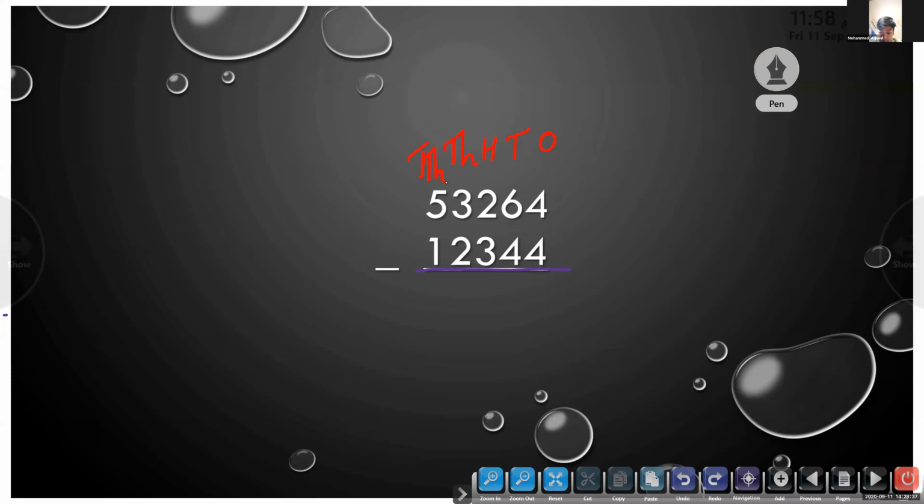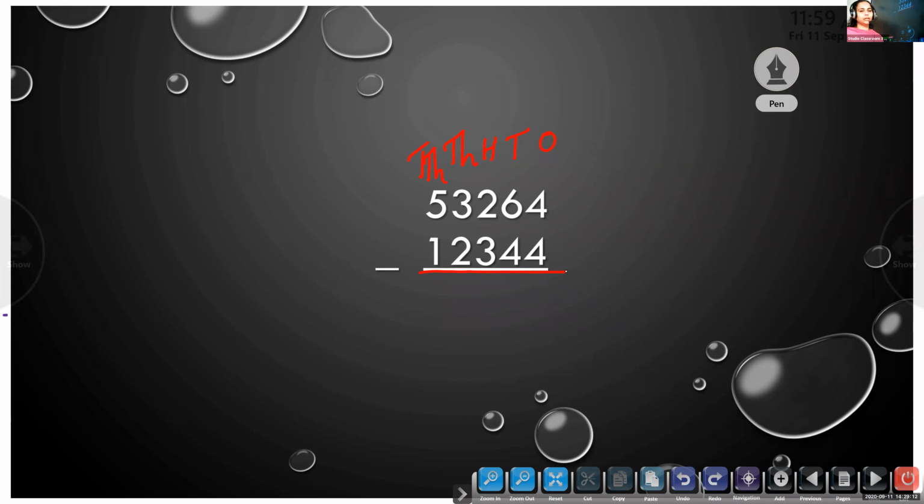Yes. Okay. So children, what we are going to do now: first line up, write the big number on the top, and write the smaller number below, and line up the numbers according to the places. This is the first step. You have to write the numbers clearly. Then we have to start subtraction from which place, Sabah? Ones place. We will start our subtraction from ones place.